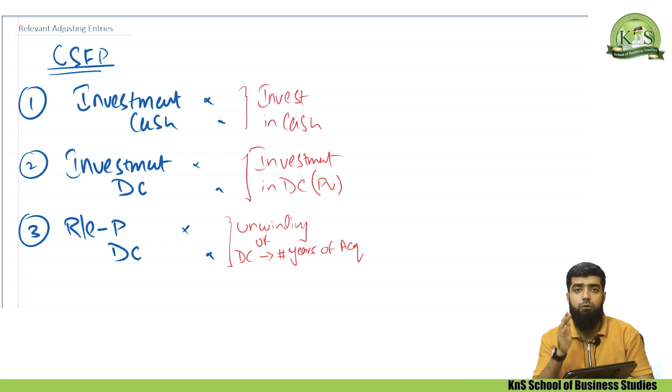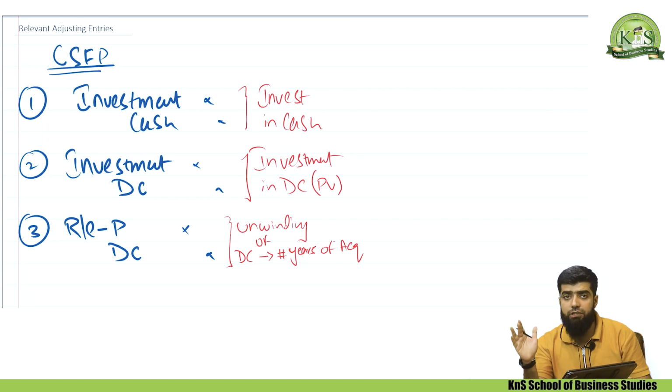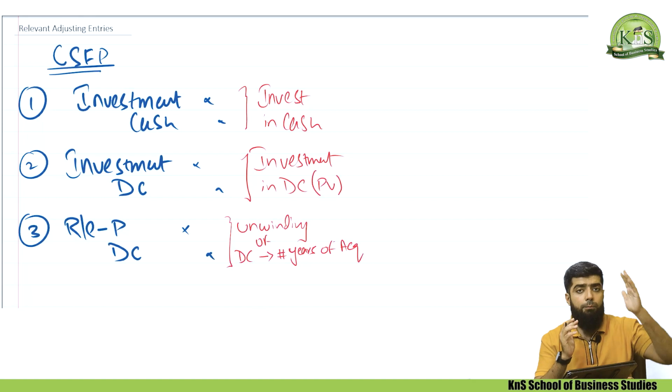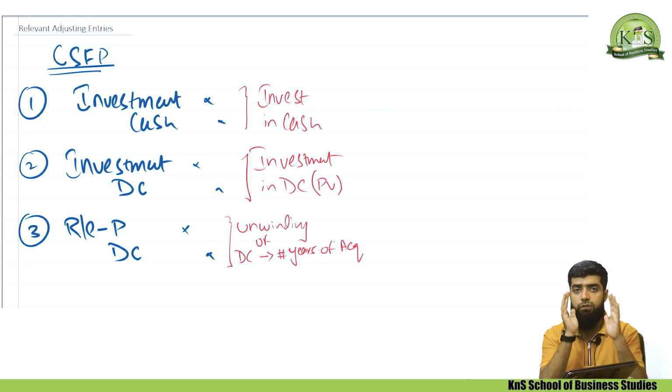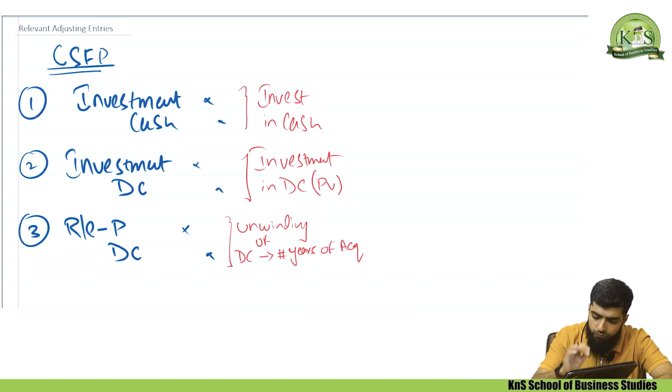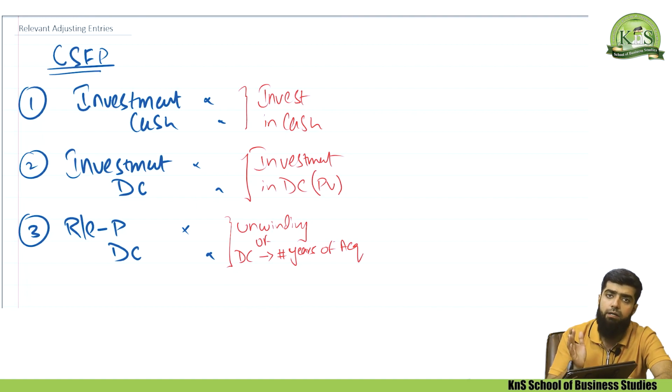Likewise, if you wanted to calculate the interest or the unwinding of year 3, what will be the process? Present value plus the interest of the last 2 years, the total liability will arrive, and then you will apply the interest rate and the unwinding of year 3 will arrive. So if you are making the adjustment of the unwinding, you have to make the adjustment for year 2 or year 3 or year 4. Just because if you have acquired a parent or subsidiary company 3 years ago, it means unwinding will be made for 3 years.